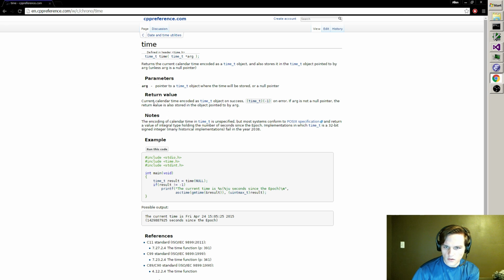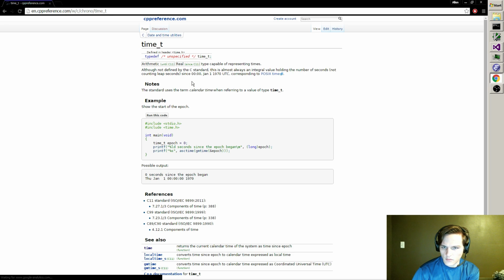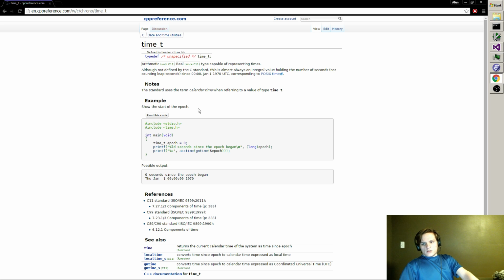Time t. Current calendar time encoded as time t object on success. On error, epoch is not a null pointer. The return value. Okay. What does this time t type have in it? C standard: it is almost always an integral value, holding the number of seconds. Well, the number of seconds isn't very high resolution, so it sounds like there's not a high resolution standard way, or at least I haven't found one yet.